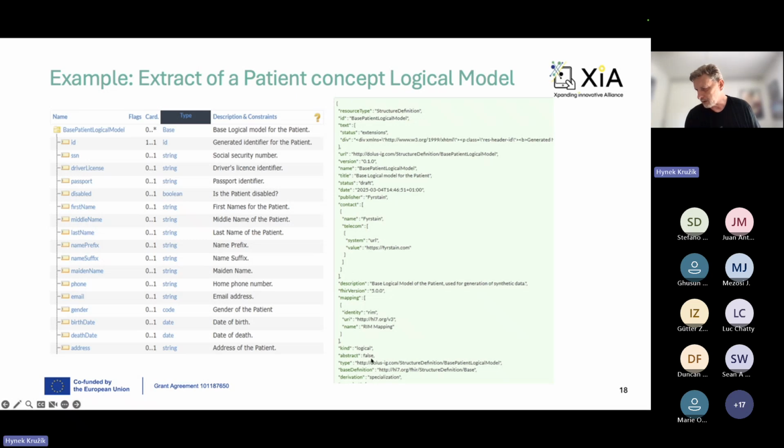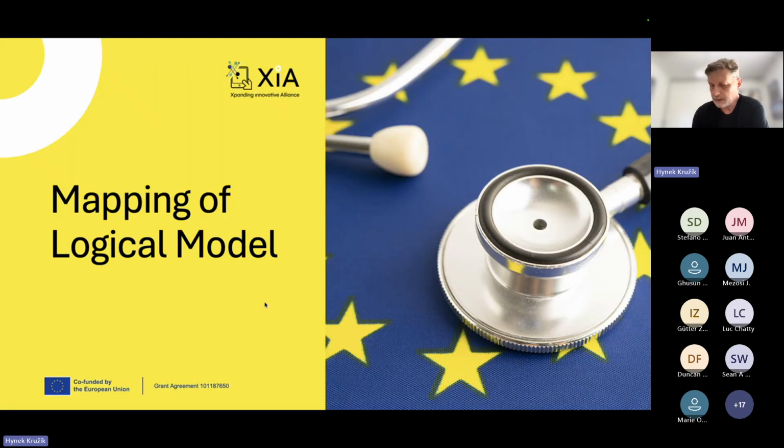Here, for example, you can see that the kind of the resource needs to be logical. And the rest is just internal structures used to render the logical model in this tree view way, which is the standard way for FHIR publisher. Fine. So that's just an example. We can, of course, go into more if we will have time, showing the current XiHR